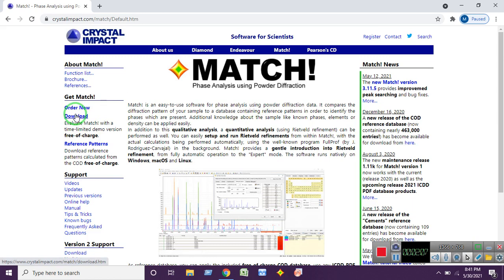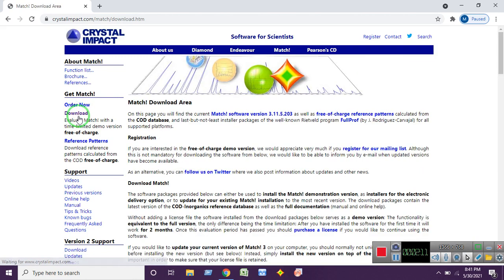If you press this button, automatically the software is going to be downloaded. Actually, I have already installed this software in my PC.